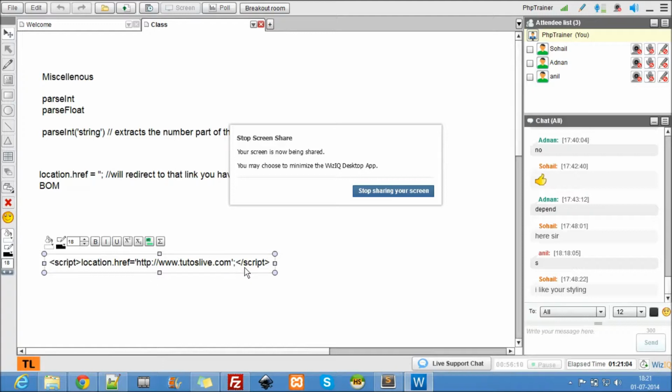Anywhere you see comments, don't go for the big websites, because big websites have their own protection. Don't even try it on Tutos Live, because Tutos Live won't accept this. But small websites, like blogs, where people don't really take care of their security, if you do this, every time they hit the URL, it goes to this particular URL, every time.